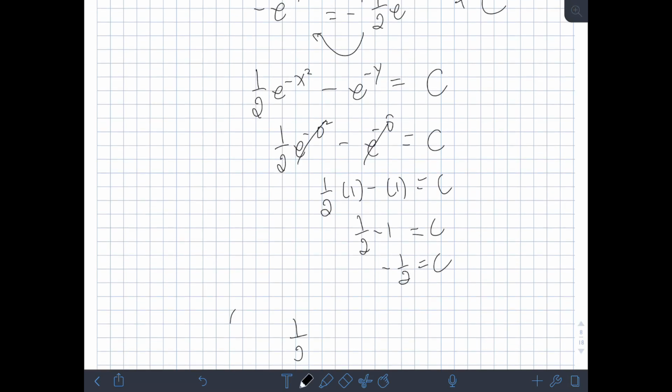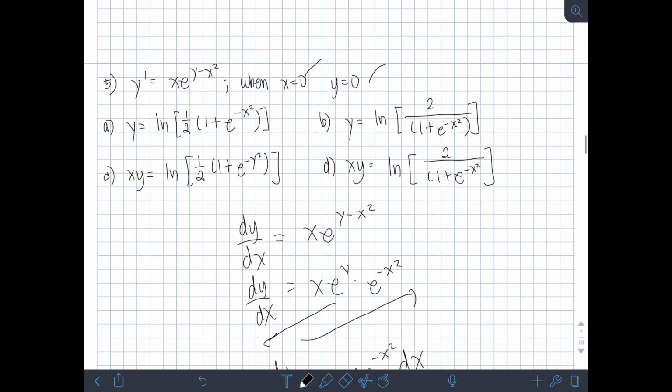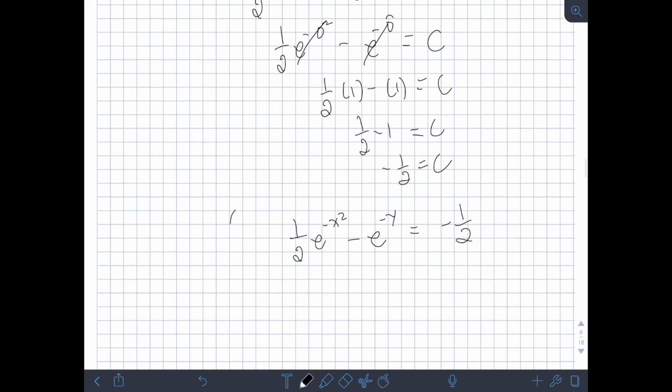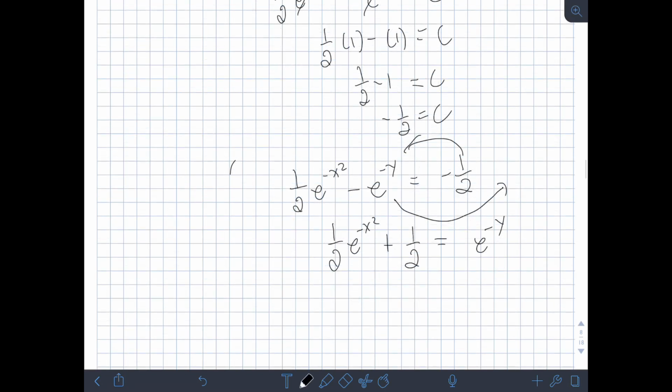So, we have 1/2 e raised to negative x squared minus e raised to negative y equals negative 1/2. Okay, so what do the choices look like? So, we've solved for y. I'll transpose e raised to negative y here, and the 1/2 here. So, 1/2 e raised to negative x squared plus 1/2 equals e raised to negative y. Okay, then let's combine: e raised to negative x squared plus 1 over 2